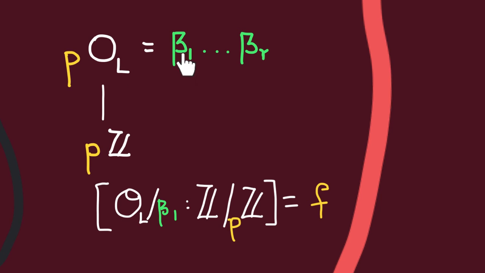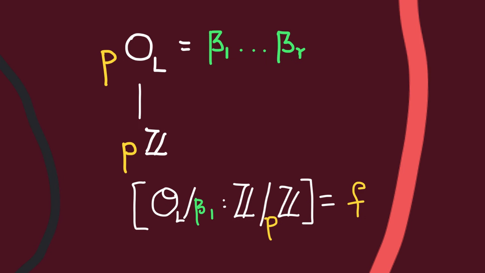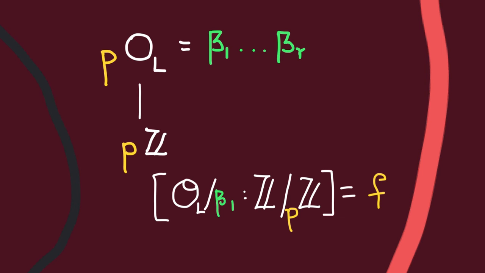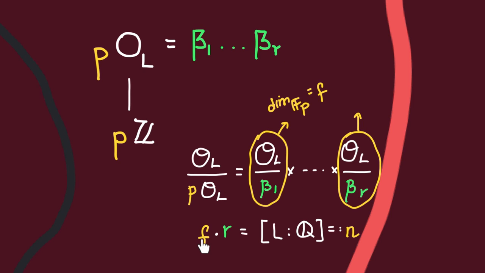Then O_L quotiented out by any of these prime ideals is gonna be a finite extension of F_p. And since L over K is Galois, all of these quotients are gonna have the same dimension as F_p vector spaces. We call this dimension the inertia degree of p. Well, technically it's the inertia degree of the prime over p, but because it's all the same, we'll just call it the inertia degree of p. Now it turns out that f multiplied by r, the number of primes here, is equal to the degree of this extension. So p splits completely, i.e. the number of primes here is equal to n, if and only if f is equal to 1.